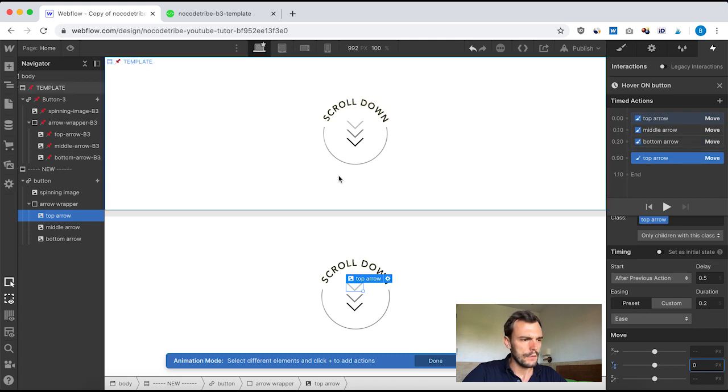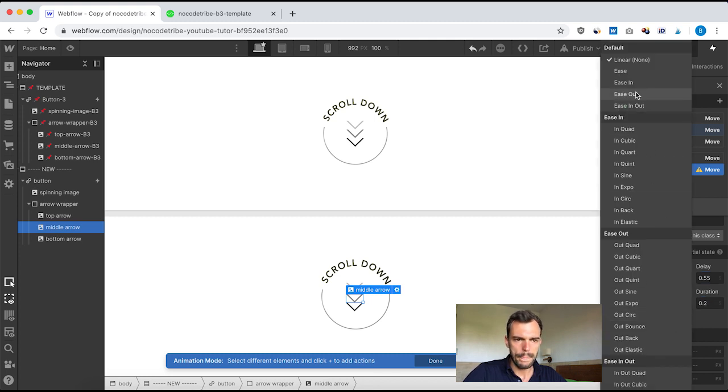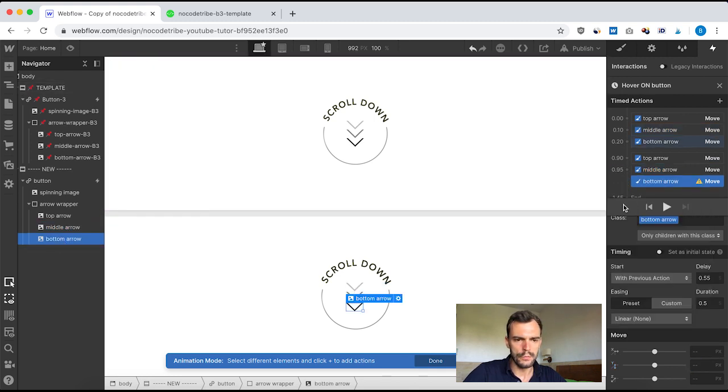Okay. Now I select my middle arrow, plus I want it also to move back to, so it was 0.95 here, so I want it to back ease. I want to move back to initial position on the Y, so I need to put here 0 initial position. And the bottom arrow, I also want it to move